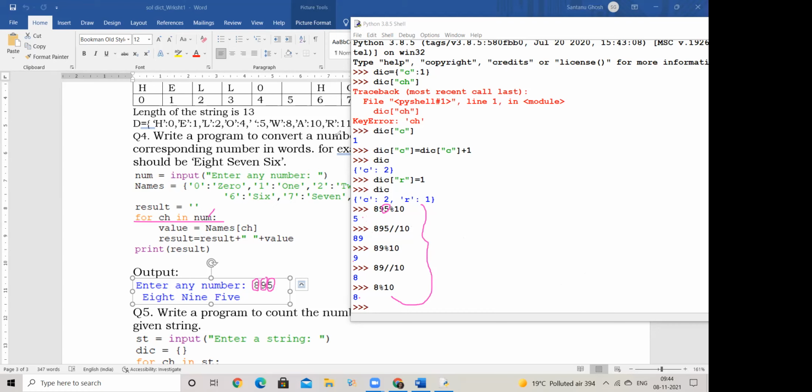You have to extract, then put it in an array, then reverse that array, and then use those digits one by one to check and get the corresponding text value for that digit. Okay, so it's a little lamba process. But this is very simple when it comes down to this particular thing. Because using this line, I can actually extract individually every character, whatever has been entered. So the first value which ch picks up is 8. Now I need to get EIGHT for this 8.